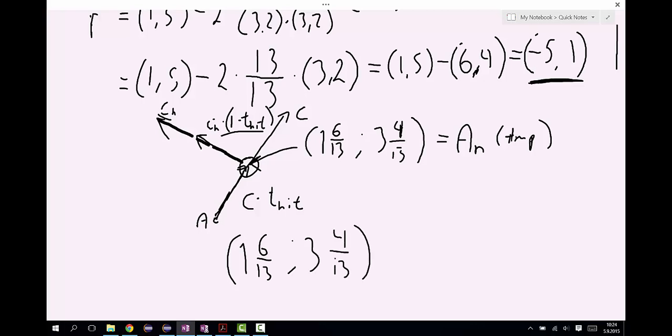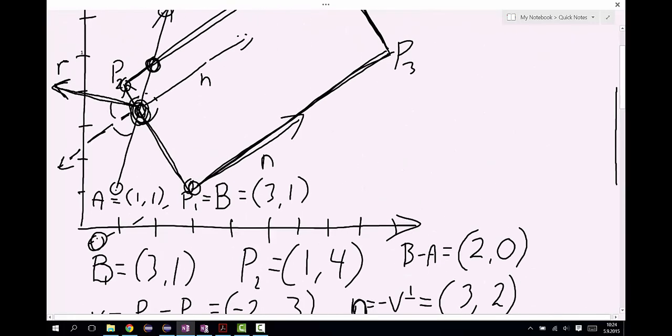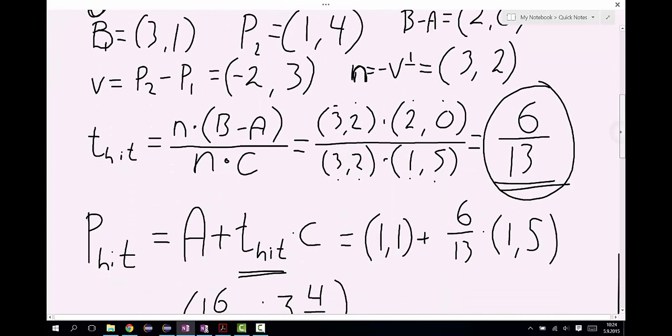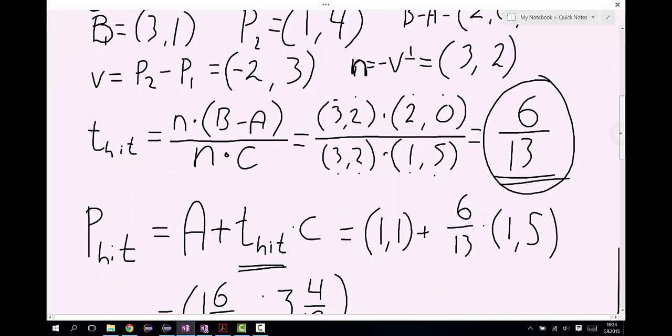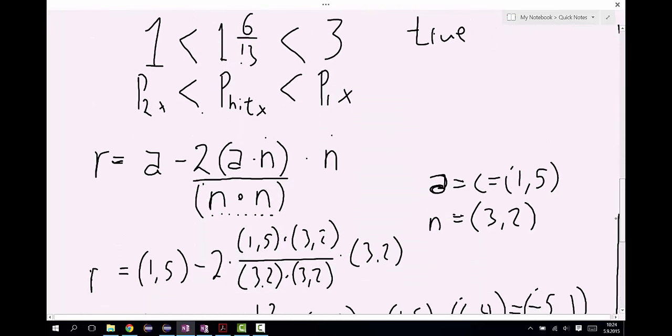That's our new A. So the final A, call it A S for solution, equals this intermediate A plus 1 minus T hit. And 1 minus T hit is 1 minus, where was T hit again here? 6/13, so what's left of that is 7/13